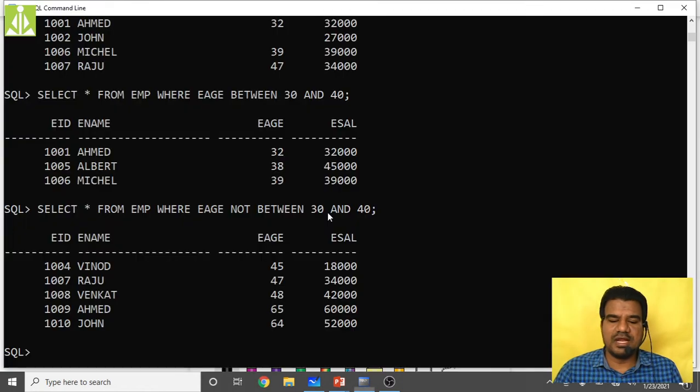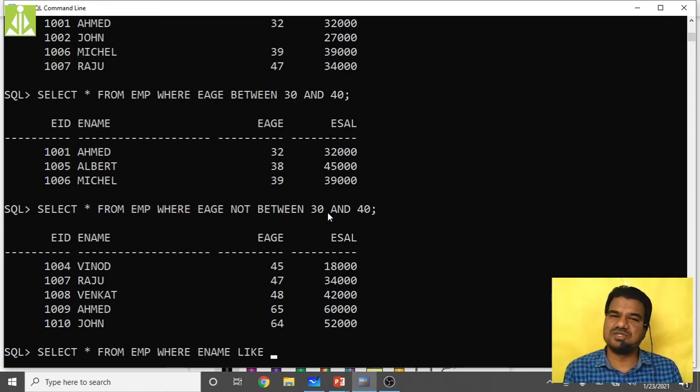So how can we create the pattern now? Select star from emp where ename, we have to use the like operator, like followed by the pattern. All these syntaxes, all these queries, you write down in your notebook, because it will help you a lot in understanding this SQL.